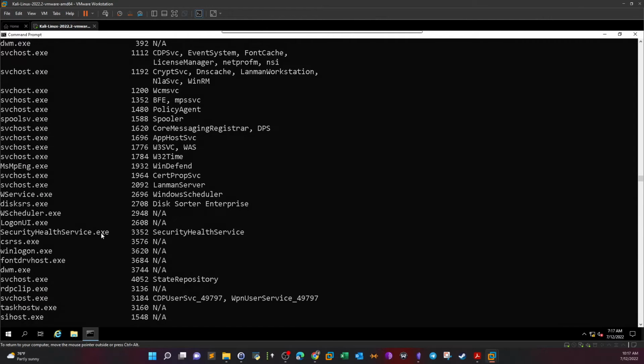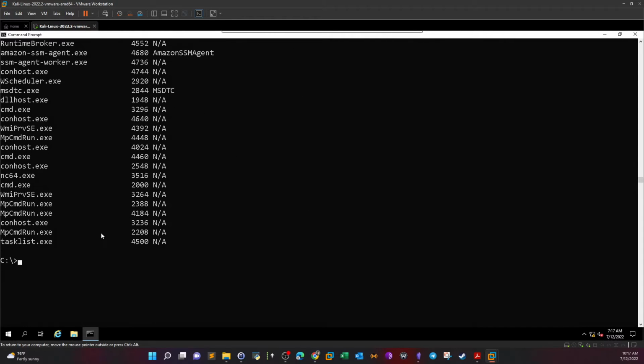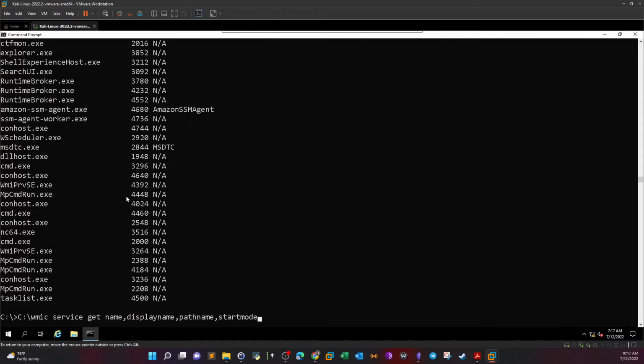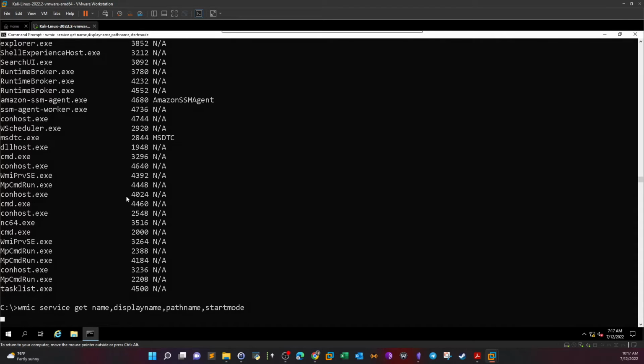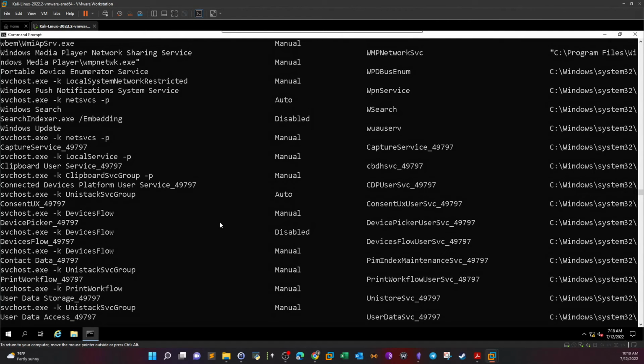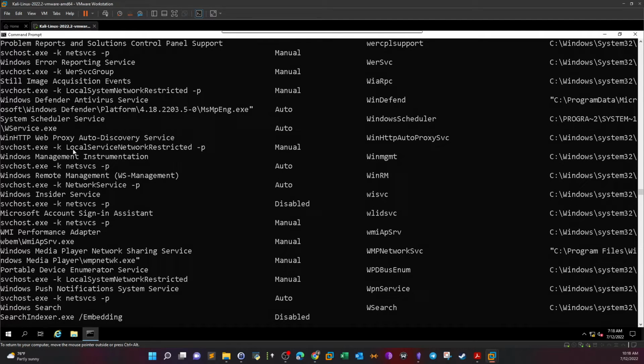So the service in question, guys, is the Windows Scheduler, which is laid down in the example in this room. We're going to have to find this. Okay, let's see the other command. So let's look for the Windows Scheduler. The Windows Scheduler is the targeted service here, but I'm trying to see if it is listed here,